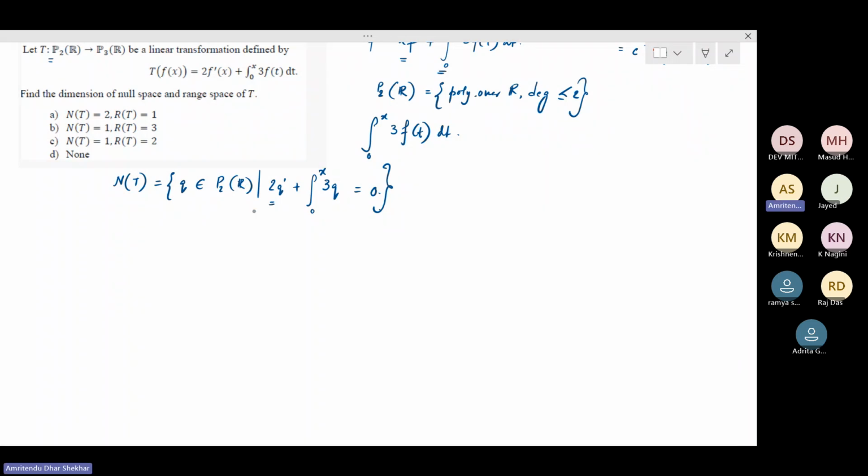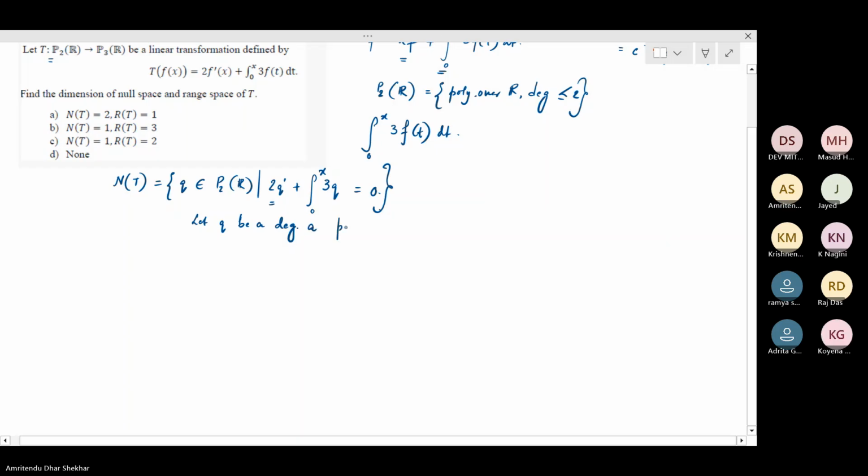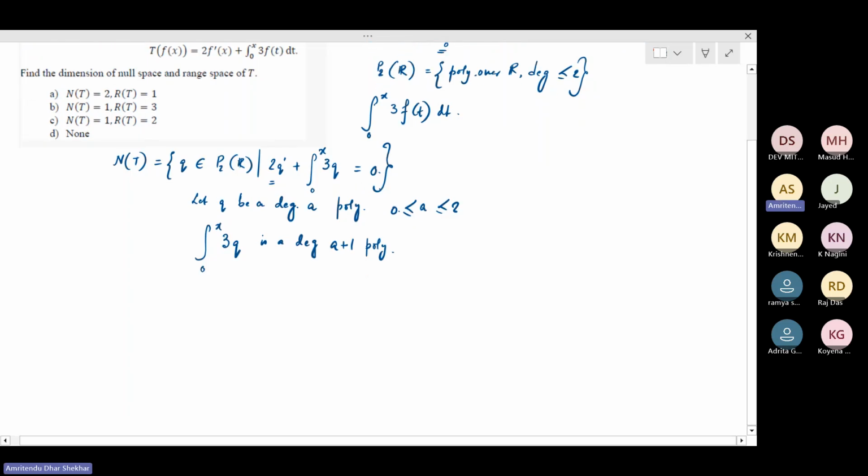So let Q be a degree A polynomial, where A is somewhere between 0 and 2. The term integral from 0 to x of 3Q is a degree A plus 1 polynomial, whereas 2Q prime is a degree